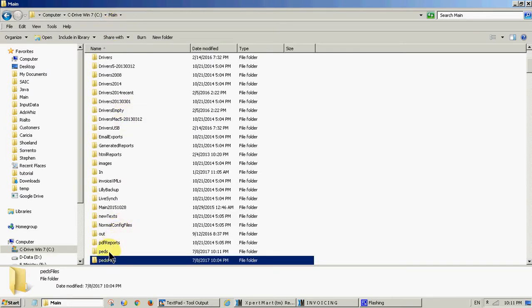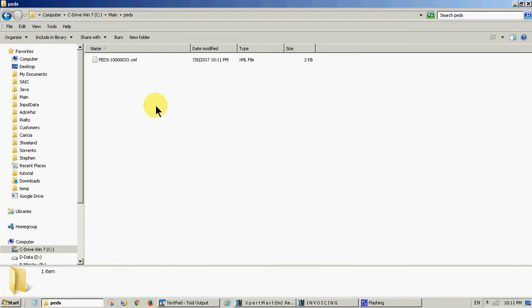So it went to this PEDs folder, hopefully, yes, here's the invoice that we just made at 10:11 p.m. local time. So it generates a file, and all the files will be in here. They automatically have at the beginning PEDs dash, and then you will have your XpertMart invoice number .xml,